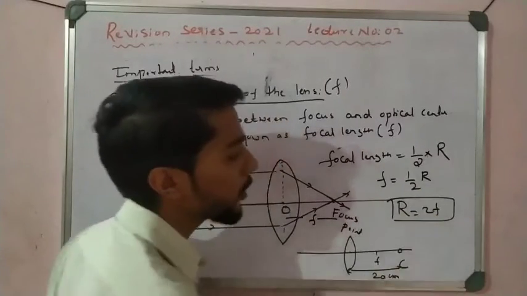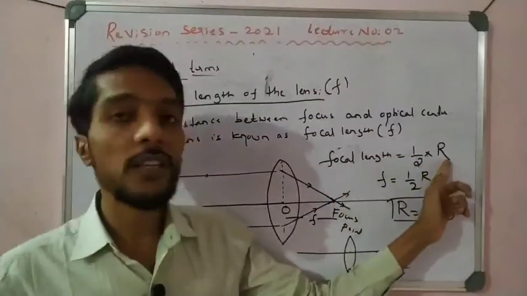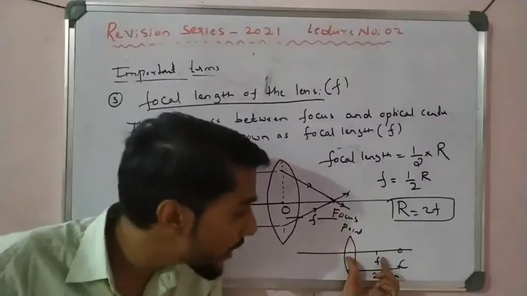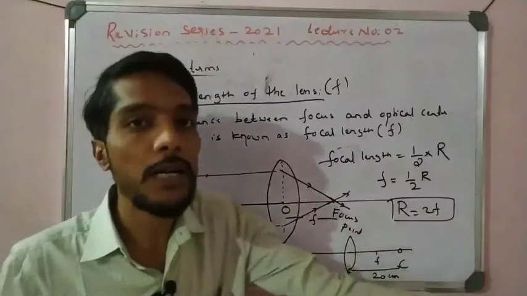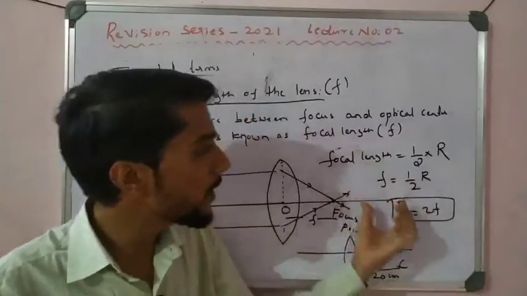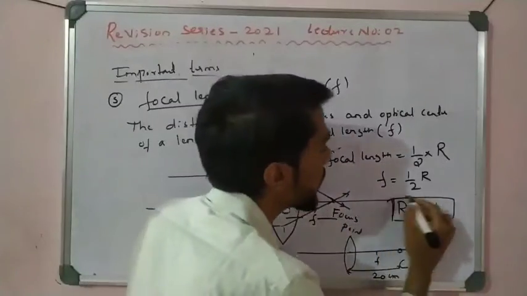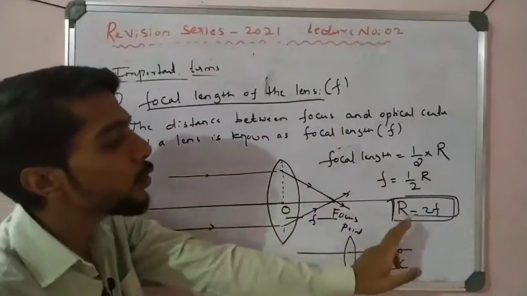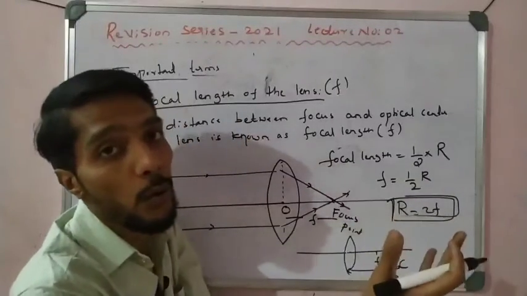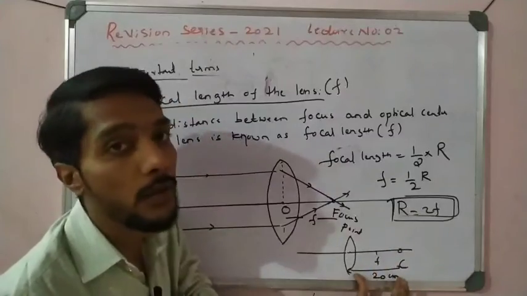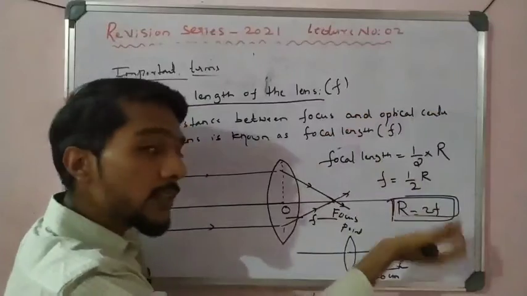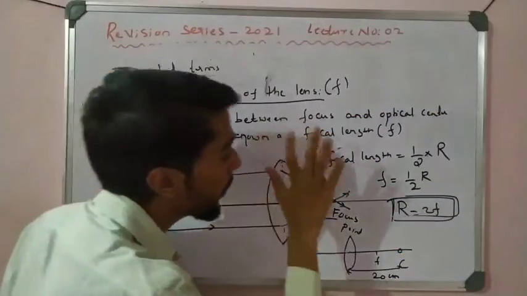That is a very important term. It means the focal length is half of the radius of curvature, and the radius of curvature is double the focal length. If the focal length is 10, the radius of curvature is double, 20. And if the radius of curvature is 20, the focal length is half, that is 10. This is very simple: remember R is equal to 2 times F. Most students get confused and write F is equal to 2 times R. No, do not learn by heart, understand the concept. So R is double of F and F is half of R. You have to remember that, right, students?